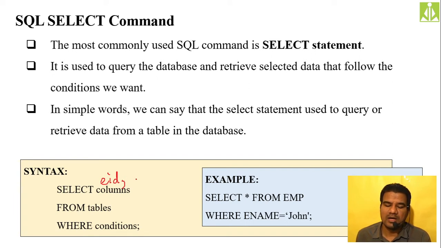I just want to show that whatever columns you are writing over here, we are separating them by simply making use of the comma separator. And if you want to retrieve all the columns you have inside your table, inside your relation, simply put star over here. So select star from the table name employee. Like that you can retrieve all the columns present inside your table.